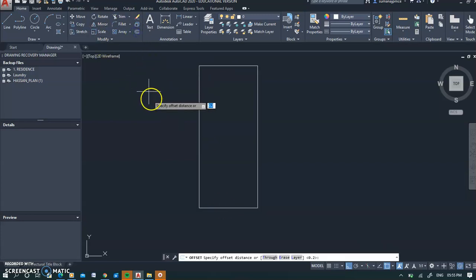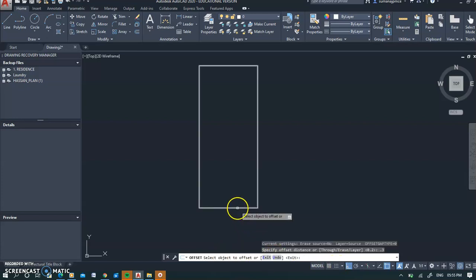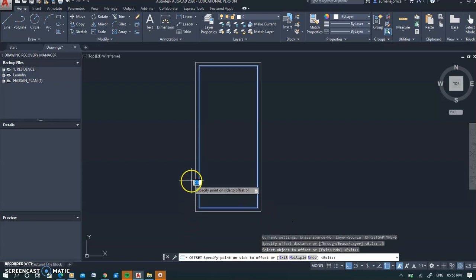I will offset it. Offset command is here, O-F-F-S-E-T, and it is asking for what kind of offset distance you want. And I have already used an offset distance of 0.2, so it is showing in the bracket. If 0.2 is okay with me, I just enter, but 0.2 is not okay with me. I want 0.3 as a wall thickness, so enter. It is asking for select objects to offset. I pick up this object